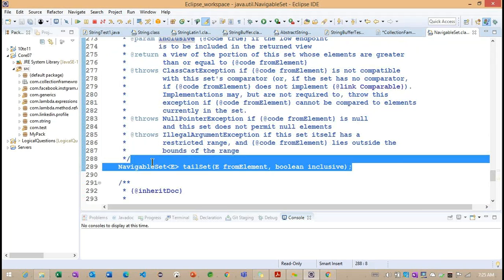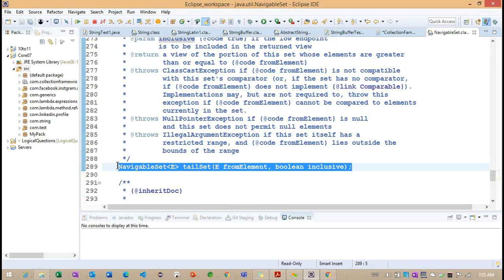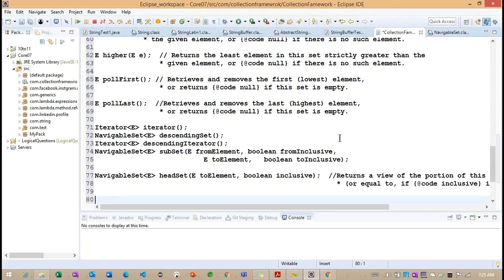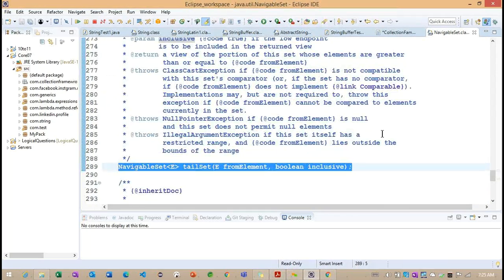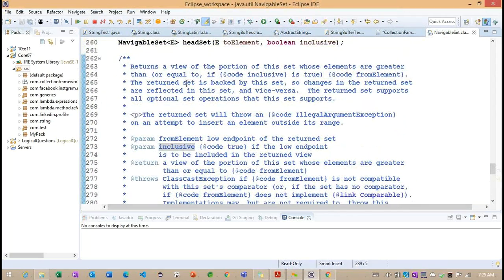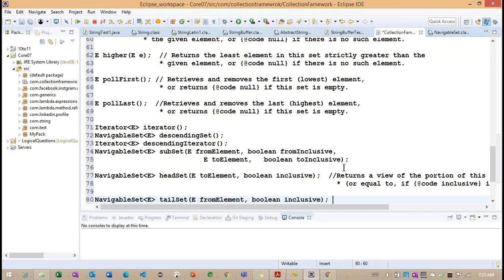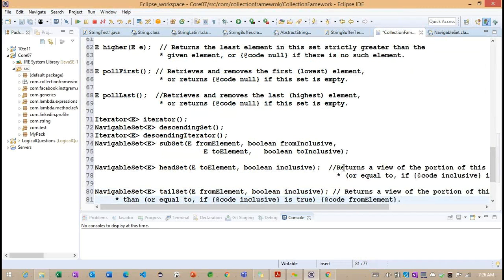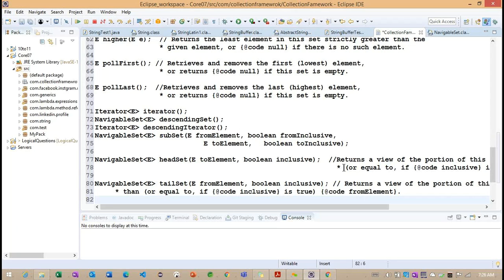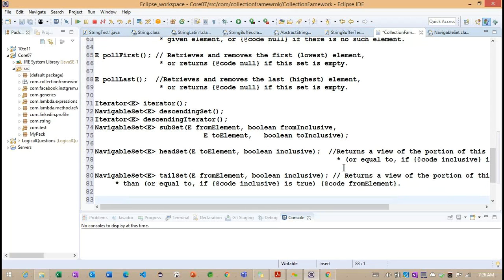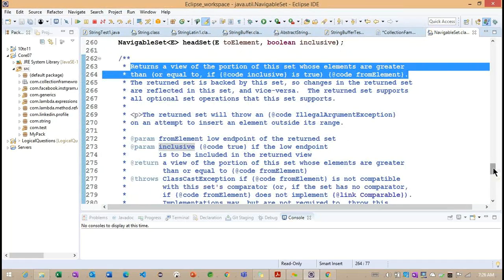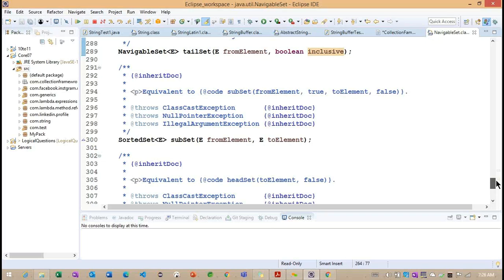Most of the methods, what we understand here, are going to work based on greater than, less than, greater than or equals to, or less than or equals to. So this is what we need to focus on, but only the name of the method. If you understand the name of the method, we can see whether this particular method internally is going to make the less than condition or the greater than condition. We can easily understand here. Okay, now move on.